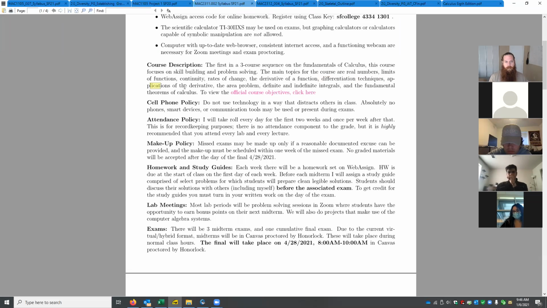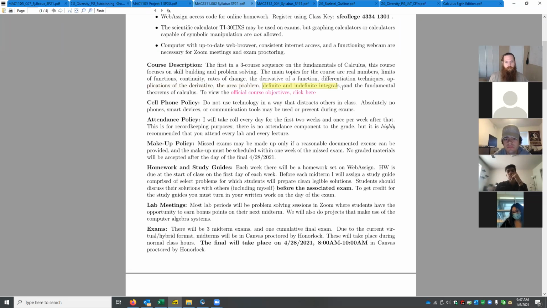We're going to talk about some applications, things you can do with the derivative, like figure out how long it's going to take an object to hit the ground after you throw it off of a balcony, or how much energy or force there is involved in a car accident, all sorts of fun things like that, finding minima and maxima. And then we'll shift to finding areas, like areas under curves or areas between curves. And those are called integrals.